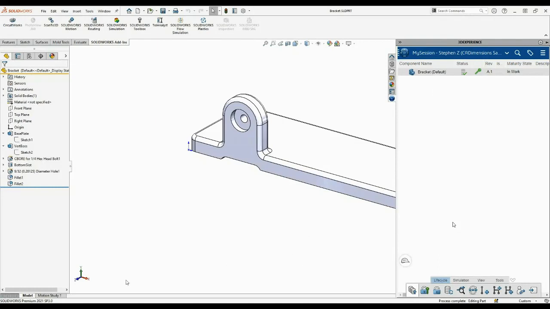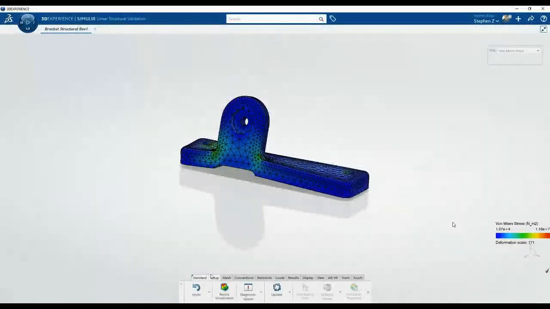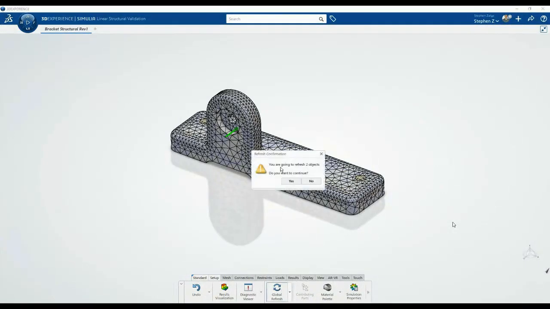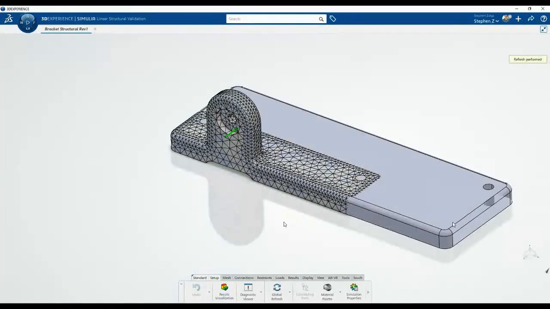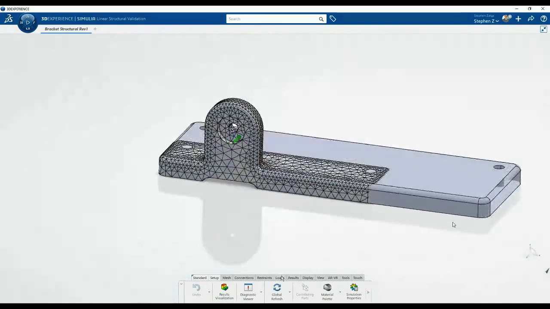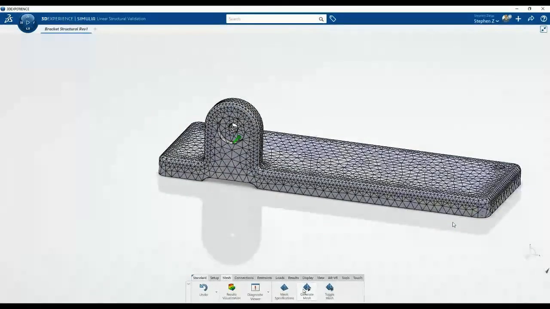We're going to head back to our simulation application. And all we need to do is hit global refresh, because this is still tied to the same revision of our SOLIDWORKS part. So all we need to do is pull down the new changes from the server, which if we hit update or global refresh, we can see our part has updated. Our mesh has not yet, because the mesh doesn't automatically update. But if we go to the mesh tab and hit generate mesh, now our mesh has updated,